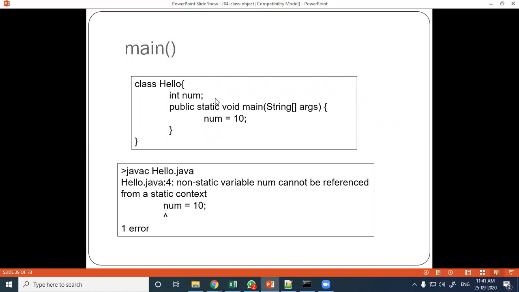And here you see another example, that is class Hello with int norm. This is your member. Inside the main function, I cannot access this one, even though main is a static function. As you see, outside the main function, norm is created. Inside the static member function, you cannot access the non-static members. So here an error will come. Okay, so this is your error. You will see it through the video and you note down this program at that time.